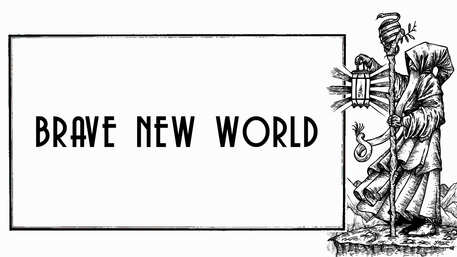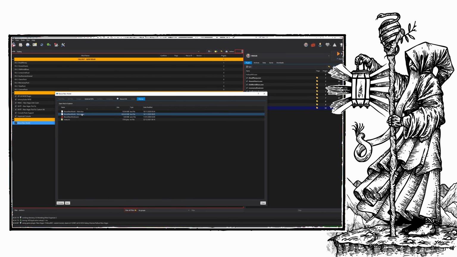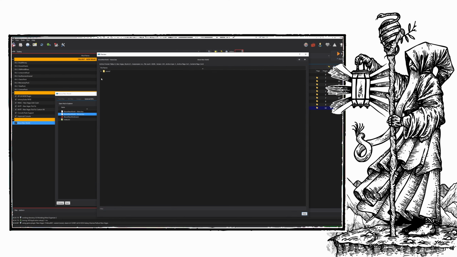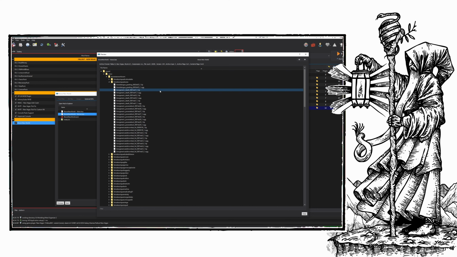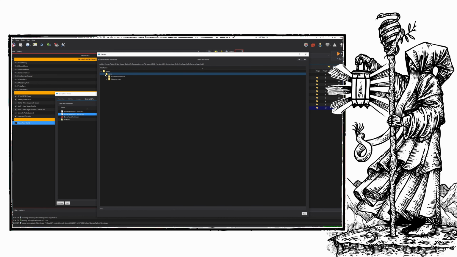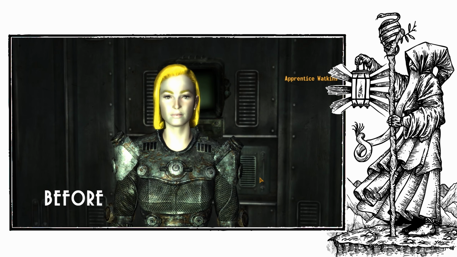Now, you'd be forgiven for thinking that removing a revoice was as simple as deleting the audio files of any given character. Well, in actual fact, in the case of Brave New World, you don't need to delete any audio whatsoever, which is relatively convenient for us because in order to do that, we would have to unpack the BSAs to get the audio files. Naturally, doing so would add additional complexity to this tutorial, a complexity that I'd rather avoid if I can help it. So indeed, we need to revert the voice type and dialogue subtitles of the revoiced NPC to their vanilla state by removing the changes from the plugin itself. Once those changes have been made, the game can no longer access the audio from the BSA,